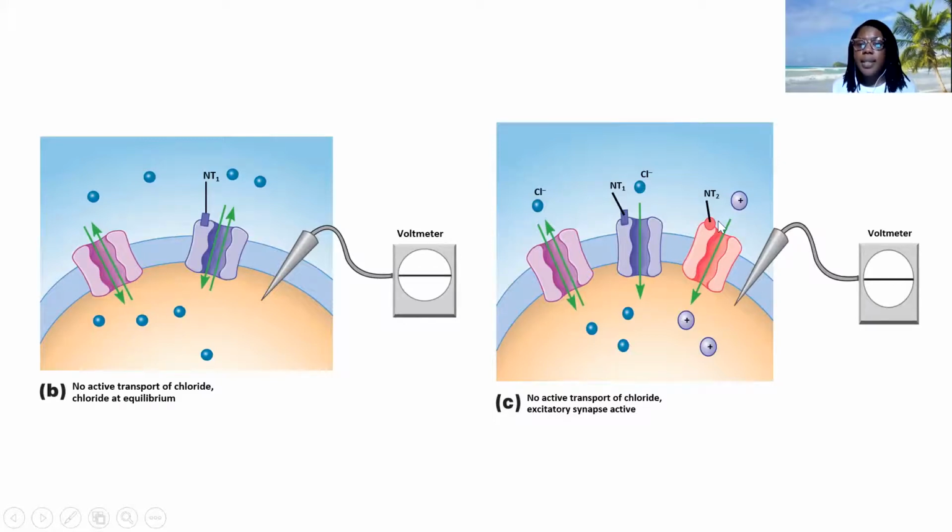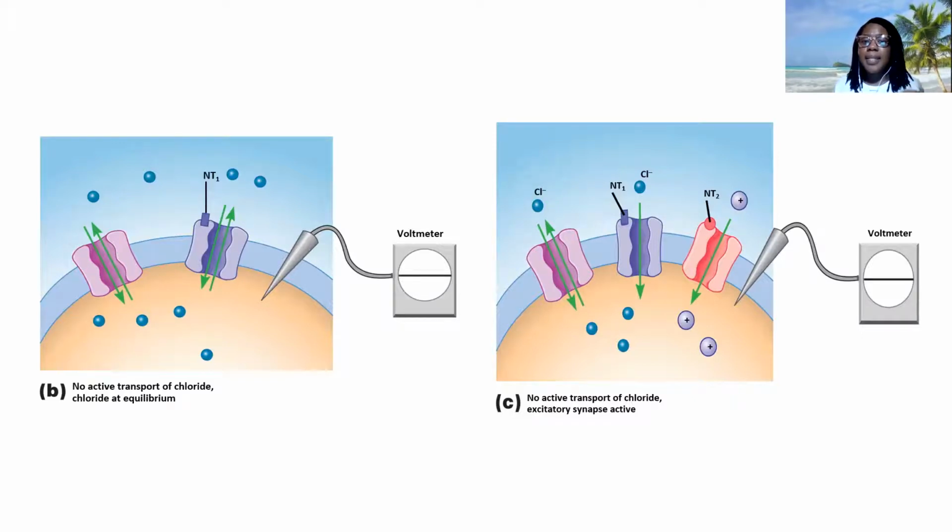So let's say we have one synapse that opens up a sodium channel, sodium is entering the cell. For every sodium that enters the cell, one chloride enters the cell. And it pretty much cancels out that membrane potential change. The positive charge is canceled out by the negative charge of chloride. And so in this way, on a cell that doesn't have active transport of chloride, we resist the membrane potential change and we prevent depolarization. In other words, we make it really hard to fire an action potential in this cell.